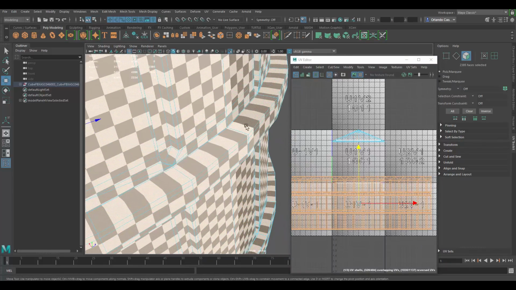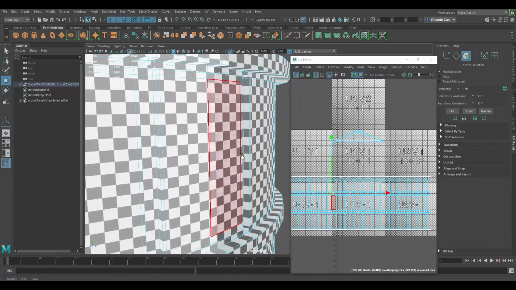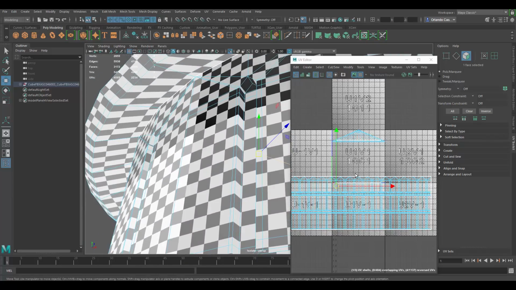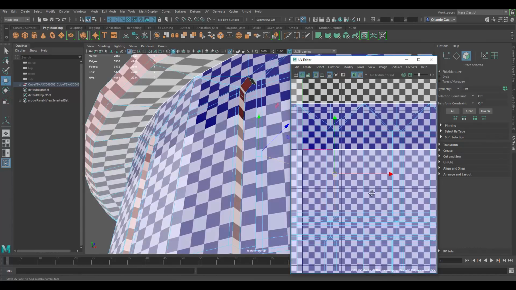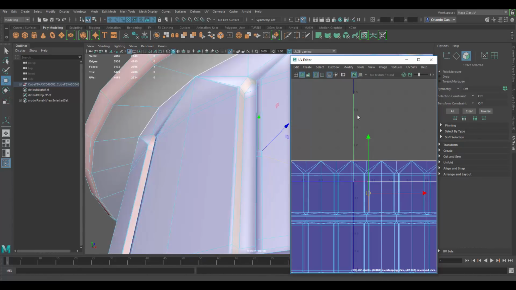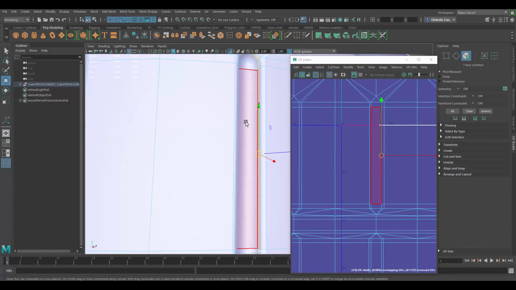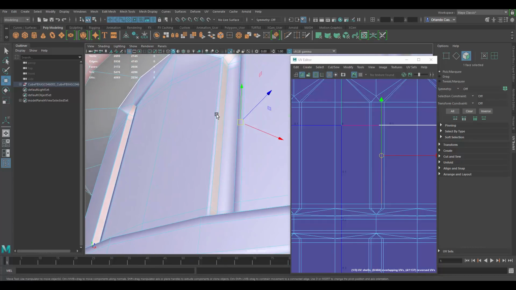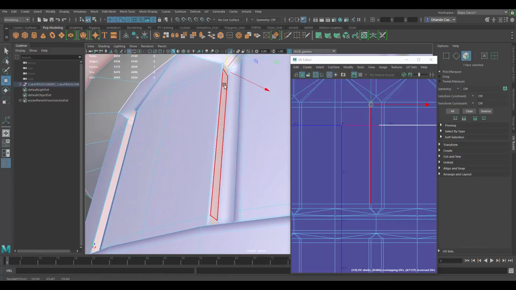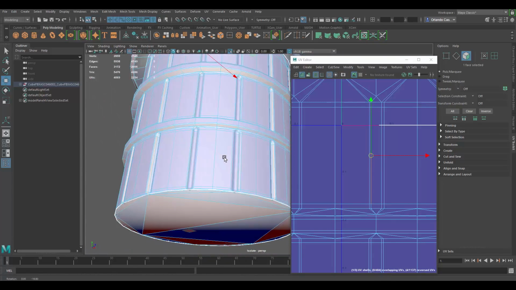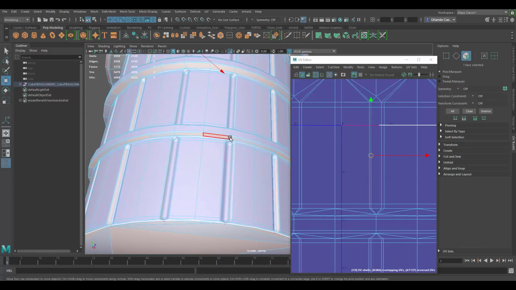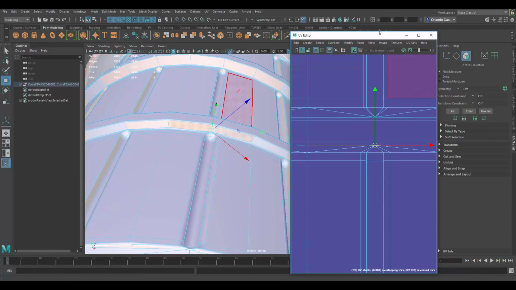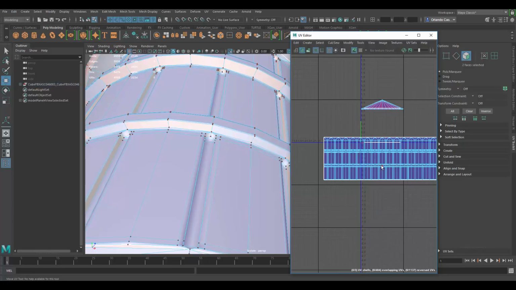So we have stretching on the top here. We also have probably stretching in the inside. Let's see. Oh, it's not stretching, it's overlapping UVs for the inside faces here. So first things first, we can fix these pieces which are stretched out here. The way to do that, let's see, the scale is